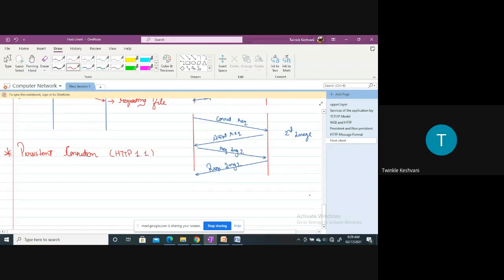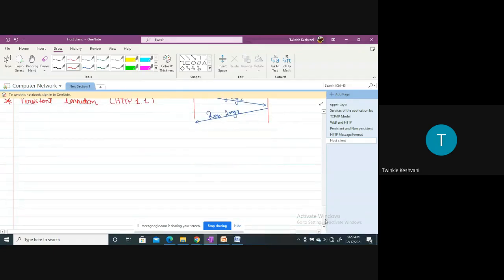Now what happens in this? Here the client needs to establish only a single TCP connection, and with the help of a single TCP connection, all objects, all the images, whatever the user has requested for, will be transferred in a single TCP connection only.